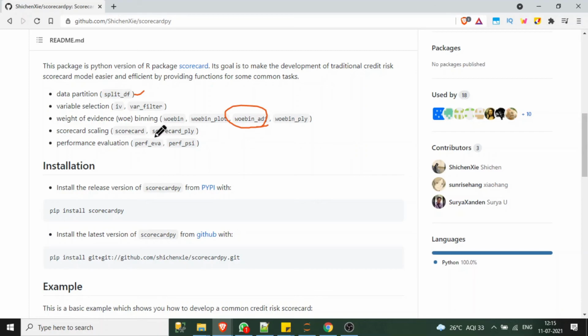And there are other things which you can explore here, like scorecard scaling, and these are the next steps. So initially, once you explore the data and once you finish the first cut of the model, then you can explore these things and tune your model accordingly. So this is a very useful library, and mostly in interviews we are asked to solve credit related or insurance related datasets.